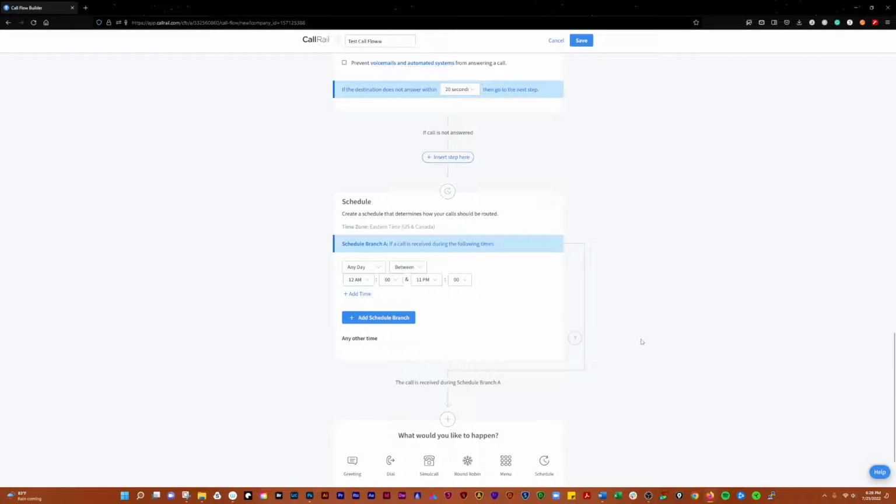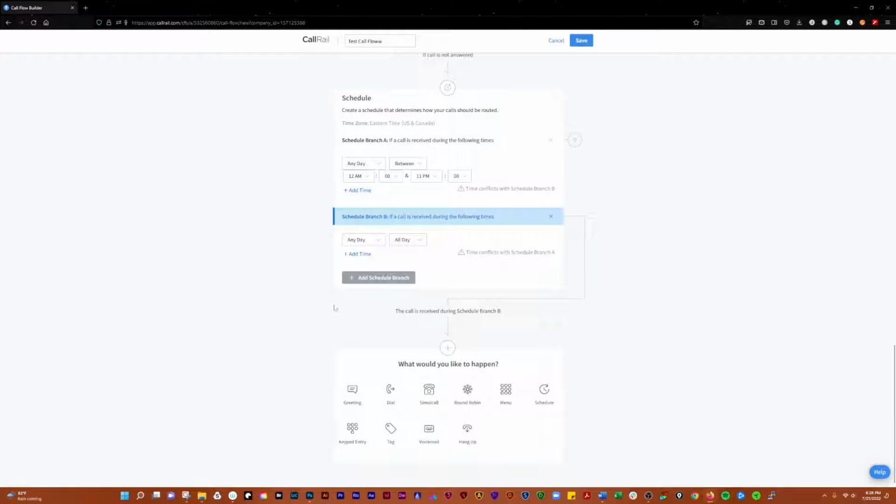And what this does is similar to the way that was set up. So you can say any day, you can say weekdays, weekends, or pick a day of the week between as an option here, all day between, say, between 12 a.m. and 11 p.m. You can add times, you can add a scheduled branch. A scheduled branch is basically this. So say if you had any day between 12 a.m. and 11 p.m., any day between